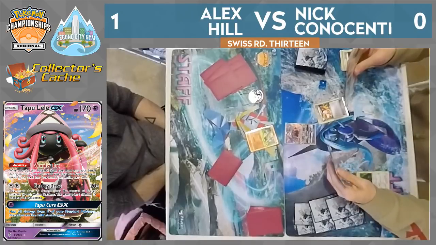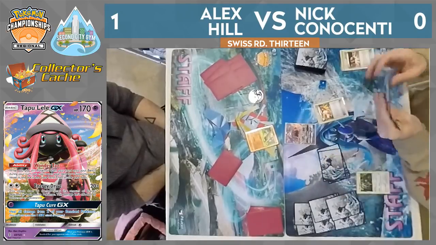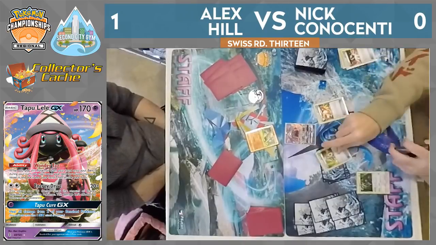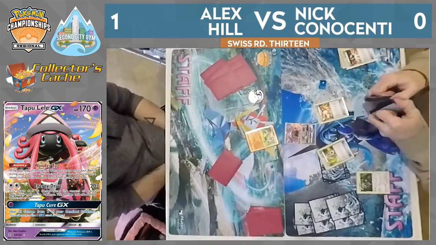Trainer's Mail also coming down for Nick. And remember, he's just looking for a way to thin out his hand so he can play that Archie's or Maxie's. And I don't think,